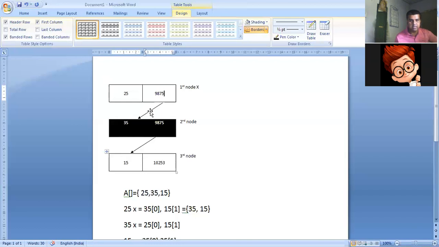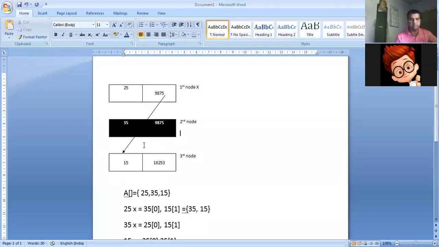Okay, so this becomes 9875. So basically the arrow will shift into this particular node, and this link gets removed.